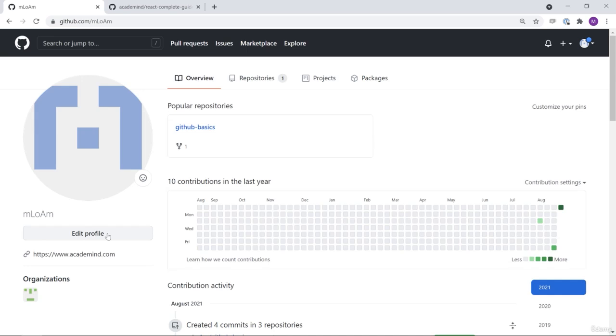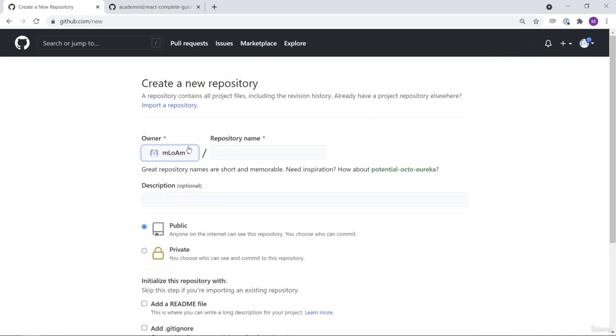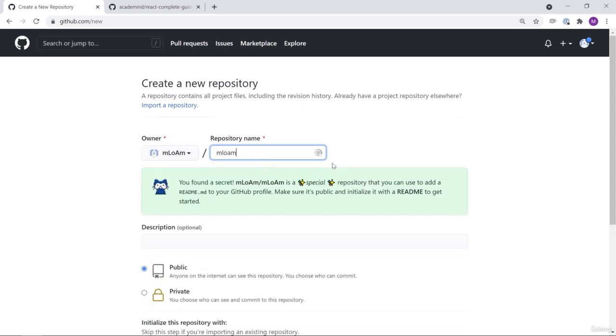README topic we just explored in the last lecture. Because if we create a new repository now by clicking onto this plus symbol and there go to new repository, then we have the owner of the repository, so your GitHub name. And if you then type this name also as the repository name, then you found a secret. Of course, this is not a big secret, but it's just some nice little gimmick here in GitHub that I